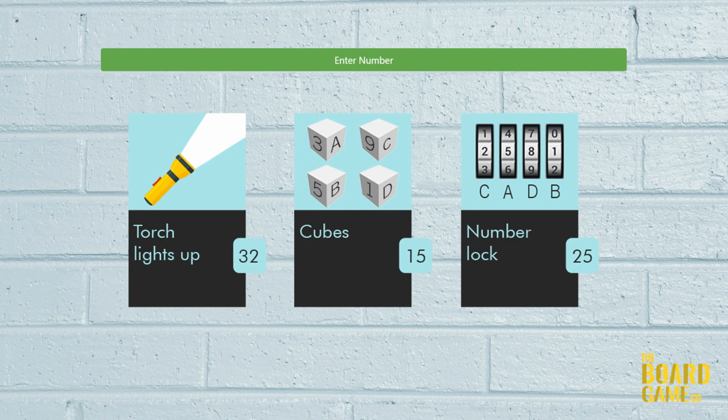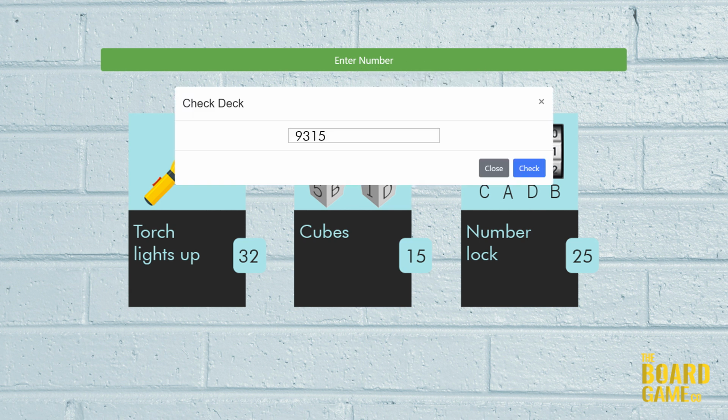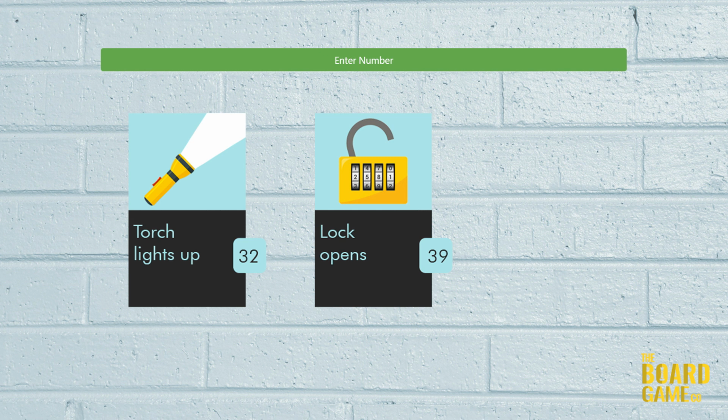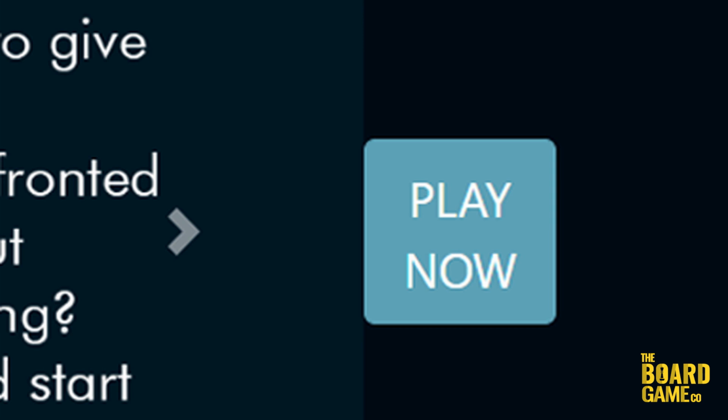Second action is, during the game, you will come across a lot of electronic devices, objects, locked doors, etc. If the description of the object says you need to find a 4-digit code to unlock an object, and if you can figure the 4-digit code out, simply punch in the correct 4-digit code in the enter number box. If the code is correct, the object will automatically unlock itself. Once you have gone through all the rules and if you are ready to play, press the play now button.